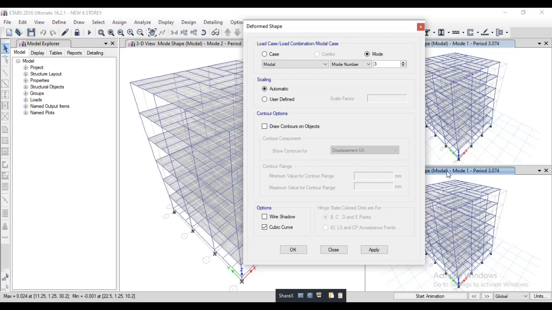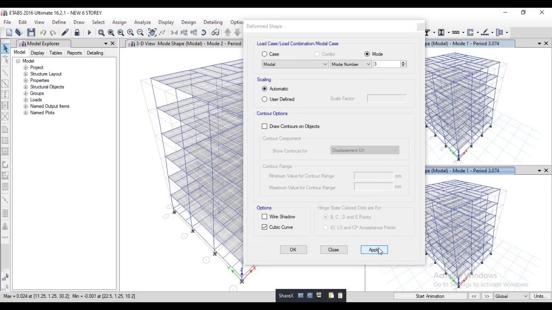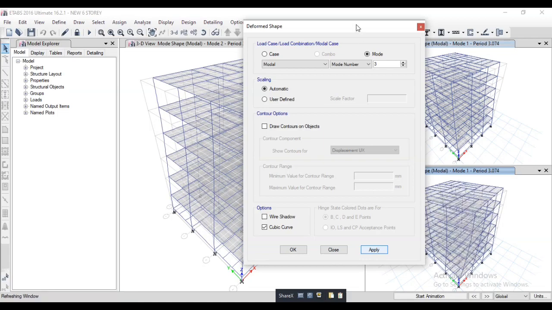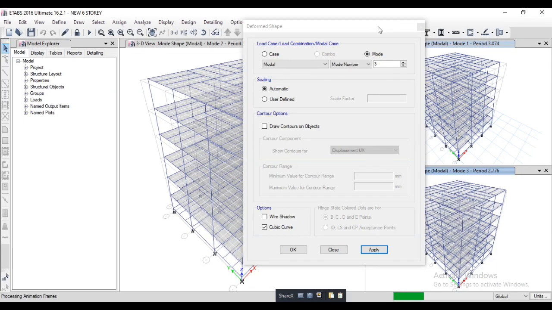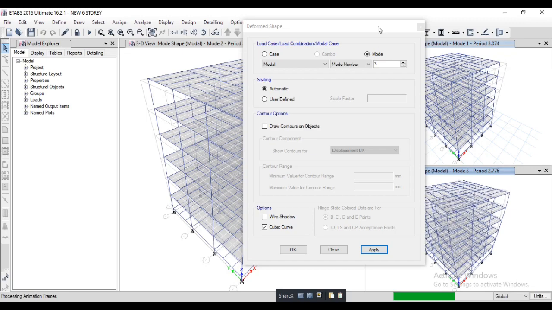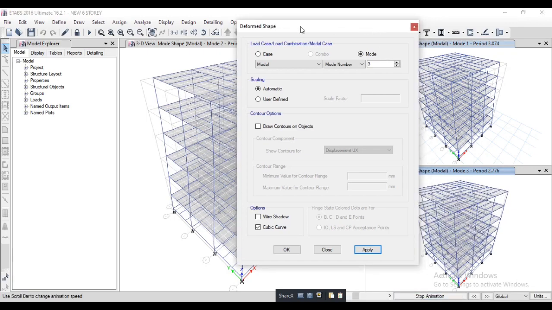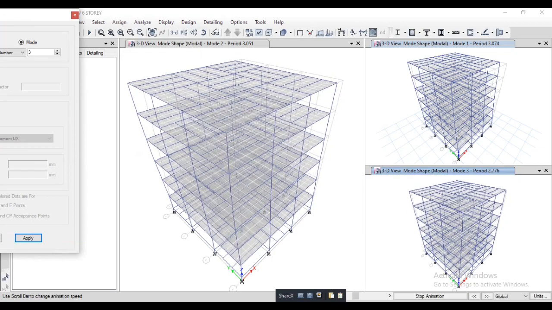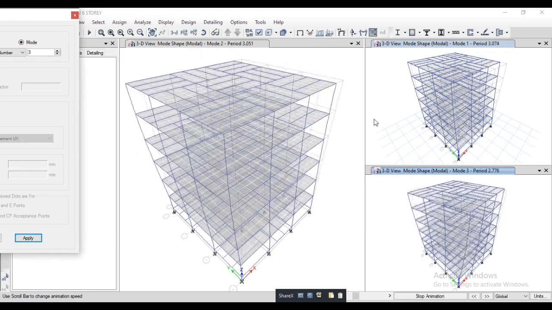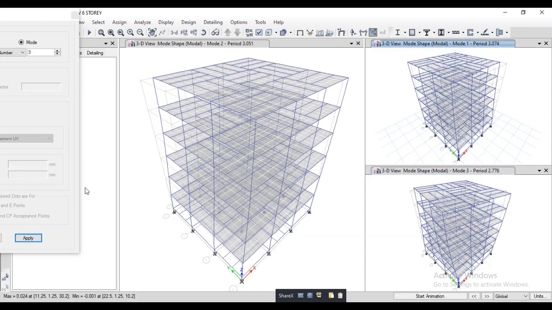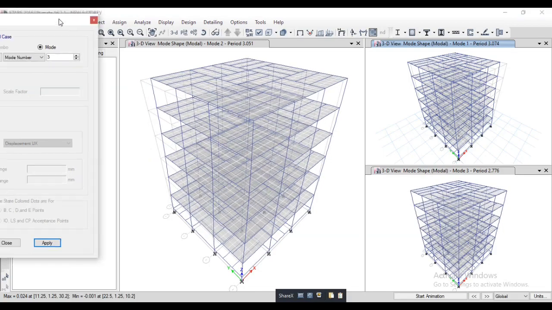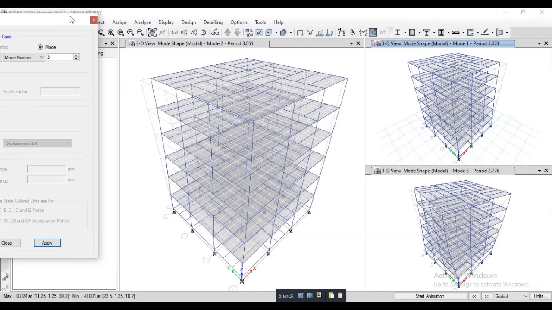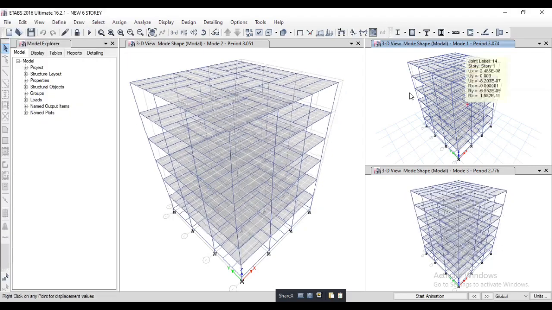If you want to see the third mode, start animation. See the third mode. Building is behaving in good manner, so means everything is correct.